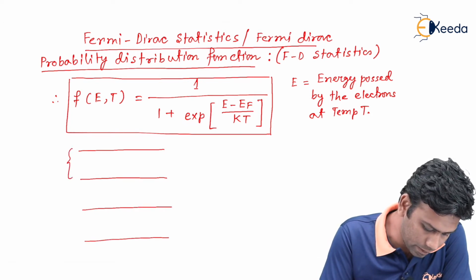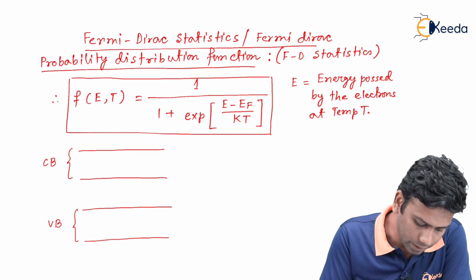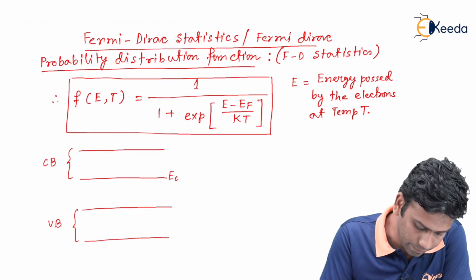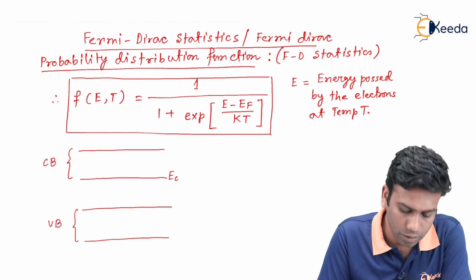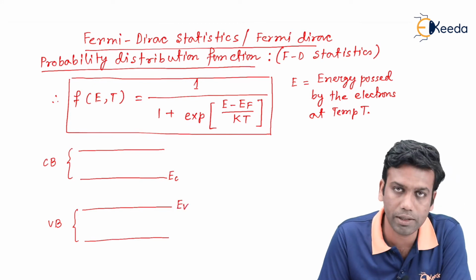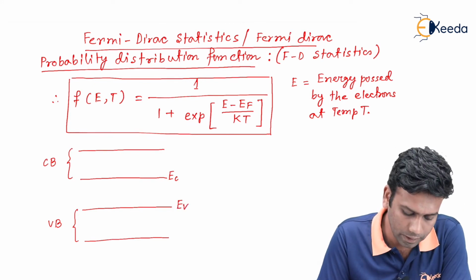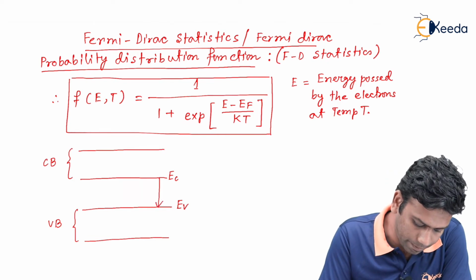This is our conduction band and this is our valence band, where EC is the minimum energy level inside the conduction band and EV is the maximum energy level inside the valence band,